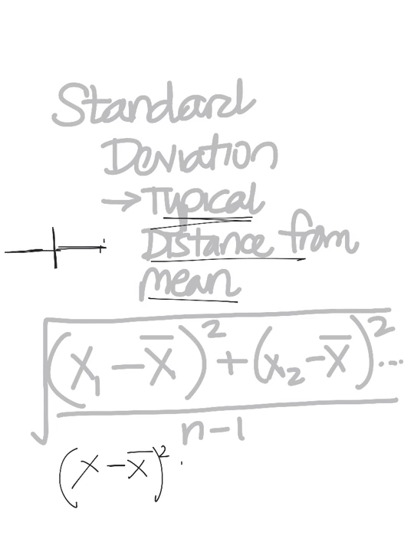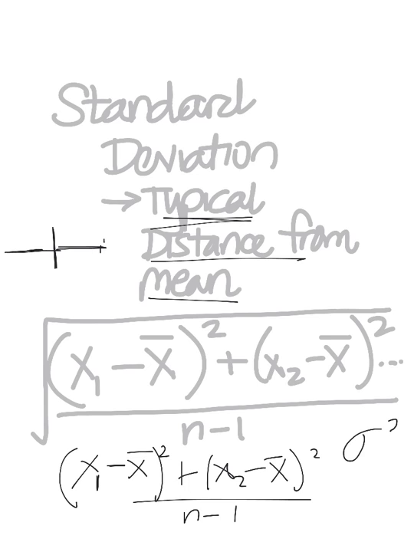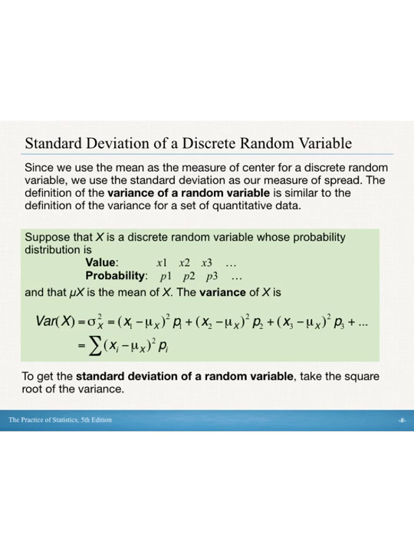And then we do the same thing with the next data point. We call those x1, and we call the next one x2, and we find that difference. We add them all up, and we divide by the number of numbers. Once we've done that, we have what's called the variance. And once we take the square root, that's when we have the standard deviation. And the standard deviation is the typical distance from the mean. However,